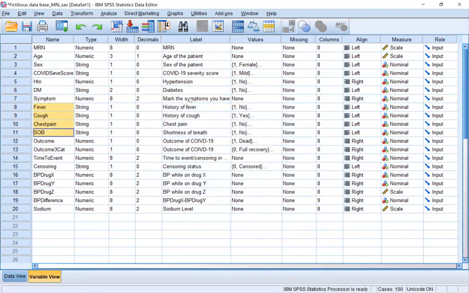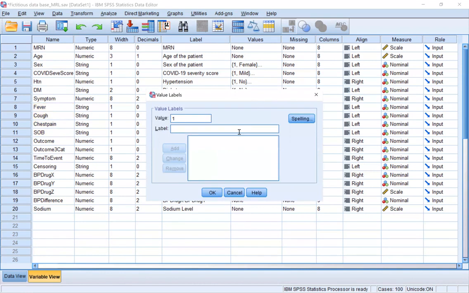If originally any research question or tool is designed like this, like mark the symptoms that you have, then there will be a list of symptoms from which the patient can mark. And what we normally expect is for the variable to be coded like this: 1 fever, 2 cough, 3 chest pain,